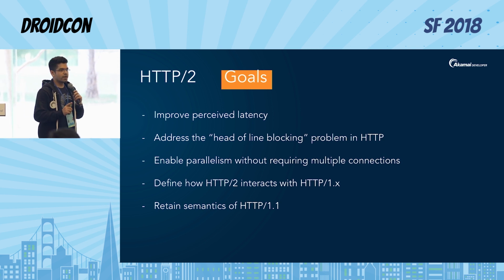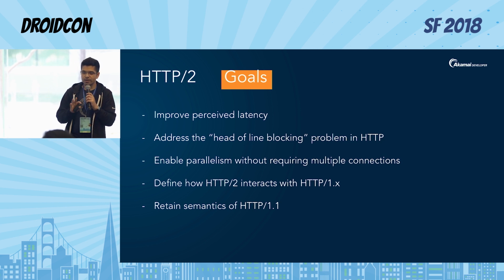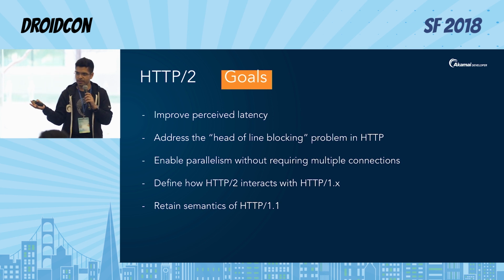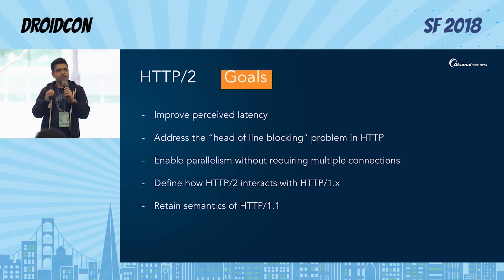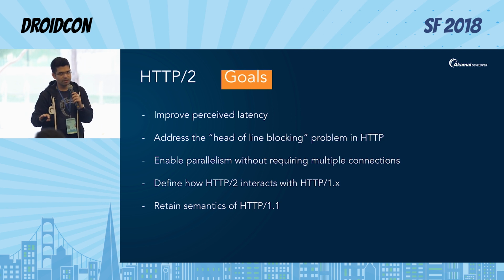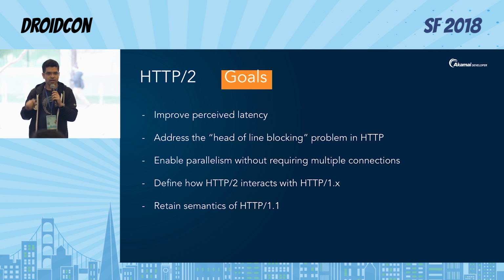HTTP2 also wants to enable parallelism without creating multiple connections. So a bit of context here. When you talk about clients, there can be web browsers and there can be mobile apps. On mobile apps, we typically use an HTTP stack like OkHttp. OkHttp typically puts a queue of requests. If you have multiple requests going on, it puts all of them in queue and does a sequential request of